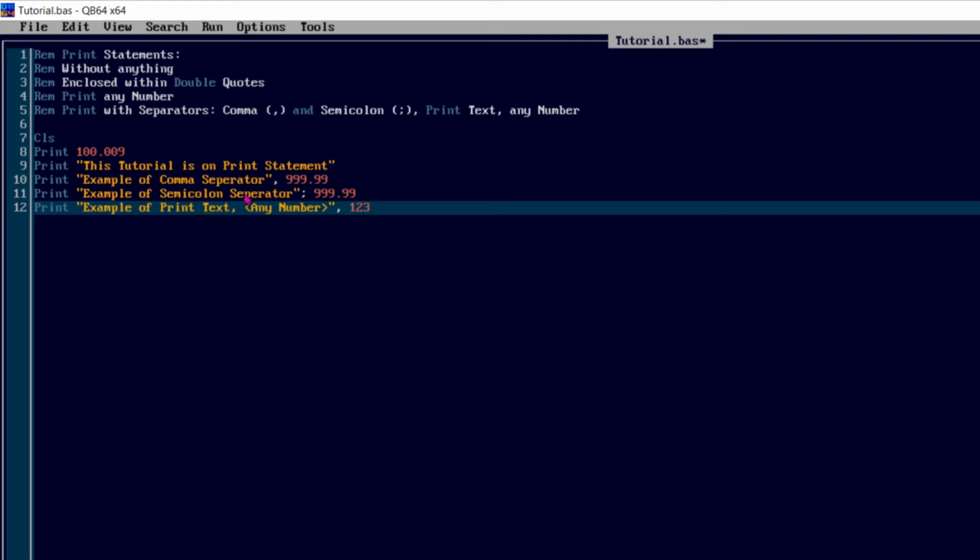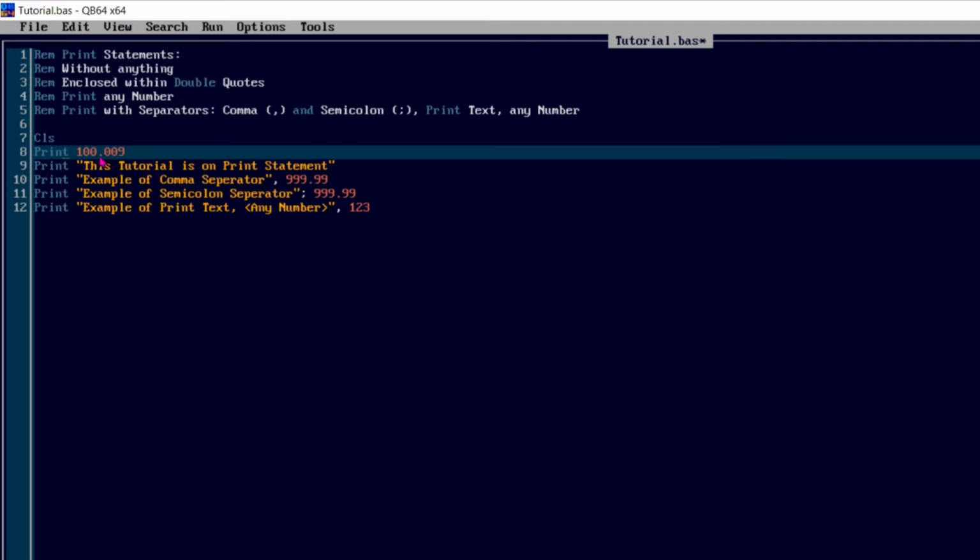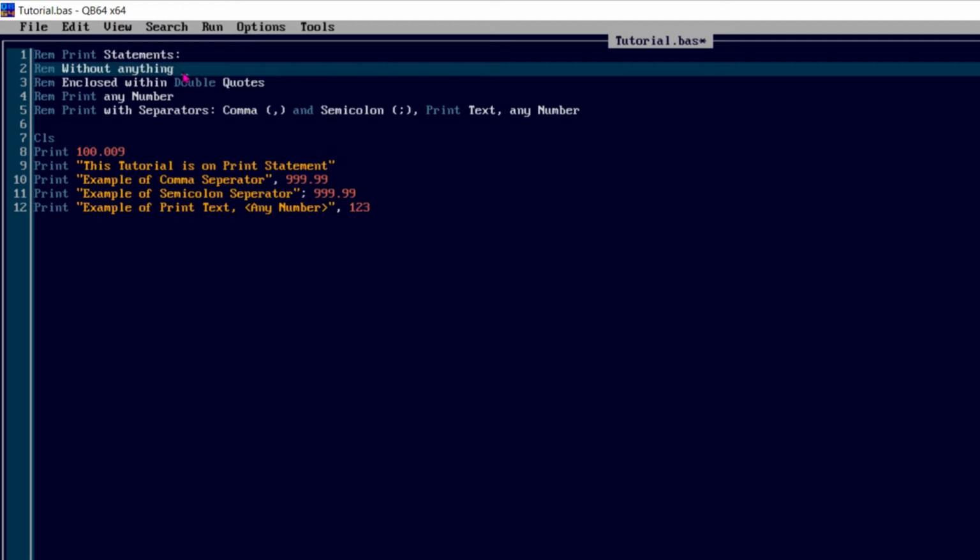You can see I have used clear screen first. It means it will clear the screen when we see the output on the output screen. The first example is print 100.009. This is an example without anything. We have not used any double quotes, comma or anything.